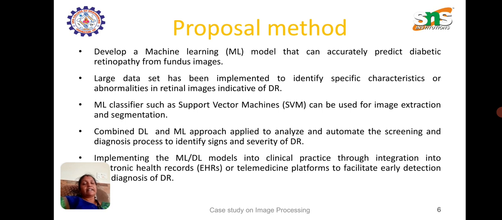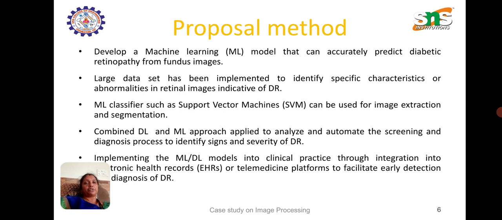So here I have analyzed all these algorithms, ML algorithms and DL algorithms. After analyzing all this, I have proposed a model that can accurately predict diabetic retinopathy from fundus images. A large data set has to be used to identify the specific characteristics and abnormalities in retinal images. So an ML classifier such as the support vector machine can be